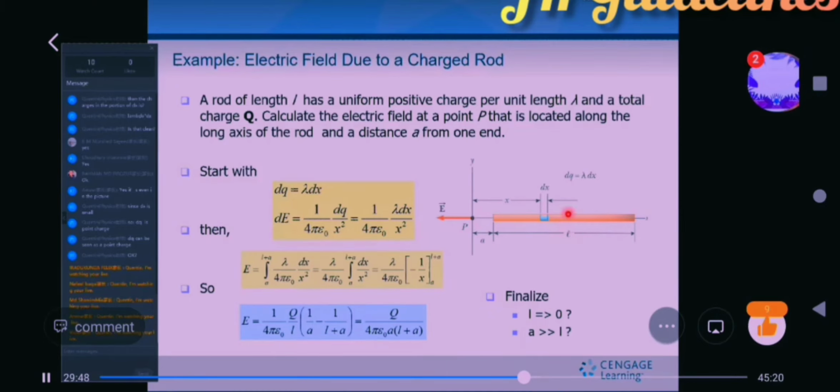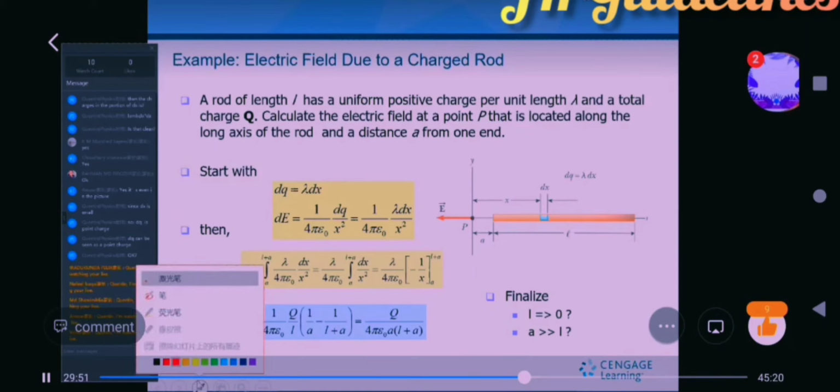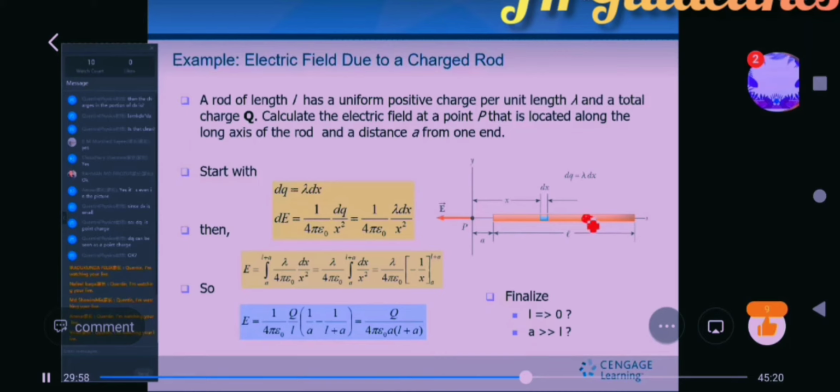For this other portion here, we will have exactly the same expression, with another dE here. For each one of these portions, we'll have the same expression like this, and they all have the same direction,